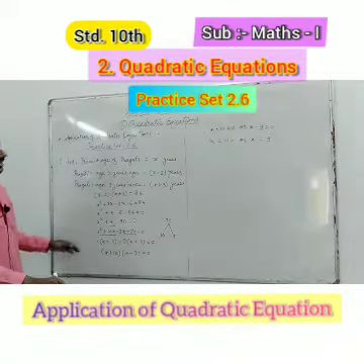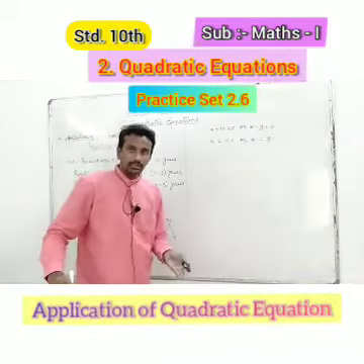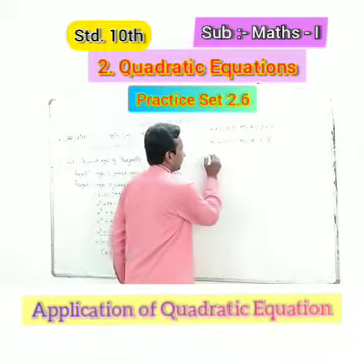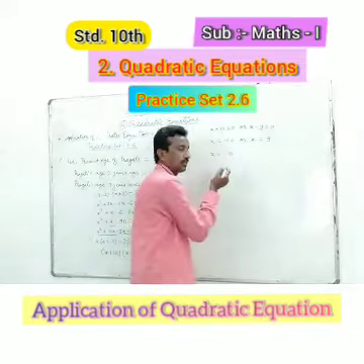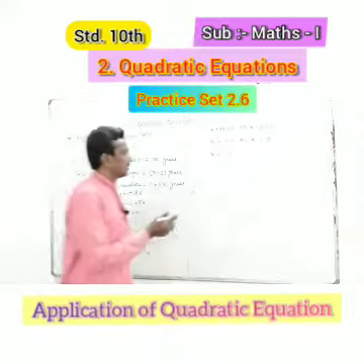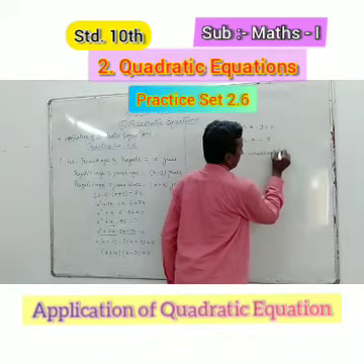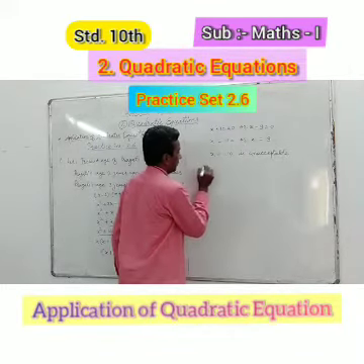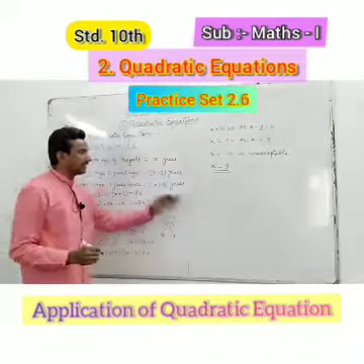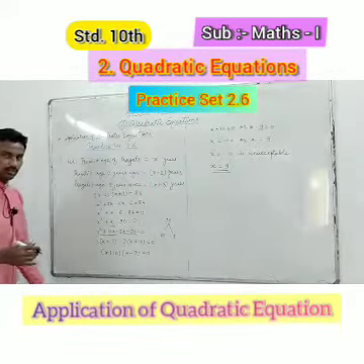But we have to find out the present age of Pragati. And we know the age of anybody is never negative. Here x is equal to minus 10. Therefore, x is equal to minus 10 is not possible. Age of anybody will not be minus 10 years. Therefore, x is equal to minus 10 is unacceptable. Therefore, x is equal to 9, means the value of our variable x is 9.